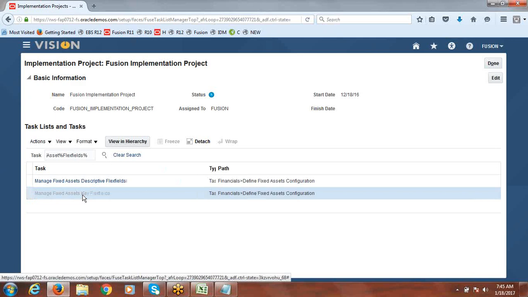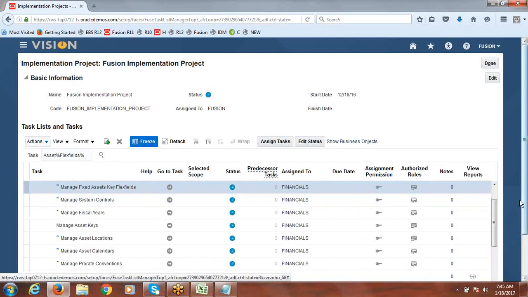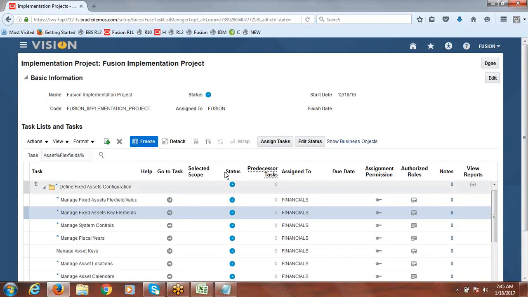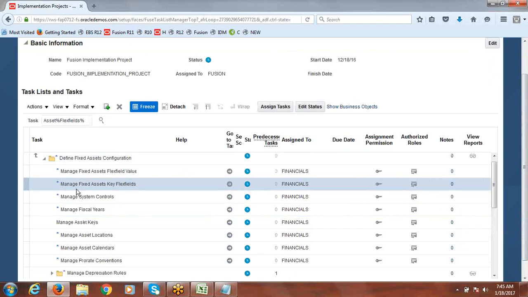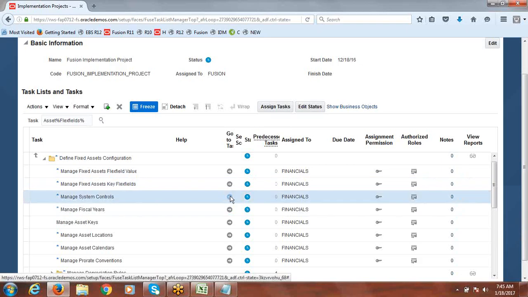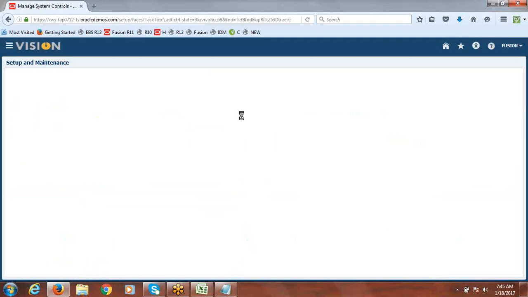For this task you can use Manage Fixed Assets Key Flexfields. If you go with Manage System Controls, this is a one time setup, right? This is a one time setup.